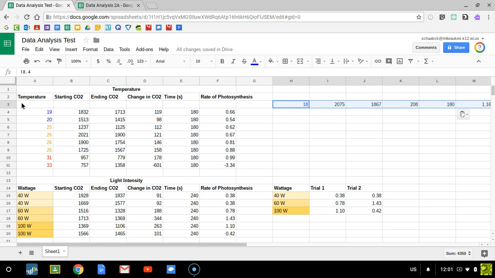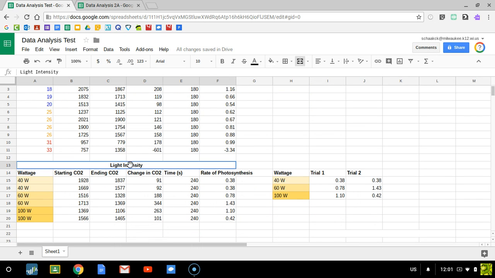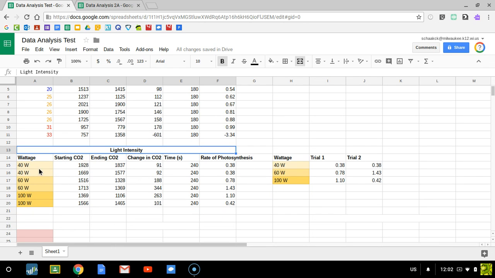That'd be the easiest way to rearrange those to go from coldest to hottest, because it should be a bit of a range. Now, when we're talking about light intensity, it gets a little bit trickier. We have 3 different treatments, but we might have more than one trial for each treatment. So there's a slightly different way that you might want to organize your data because it'll make it a little bit easier to work with. That would be to set up one column that has all the treatments, so the wattage of the light bulb, 40, 60, 100. And then in the columns after that, set up trial 1 and trial 2,